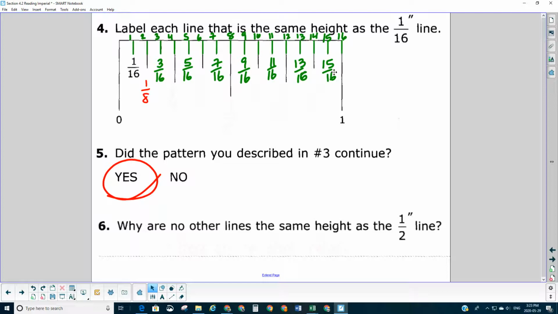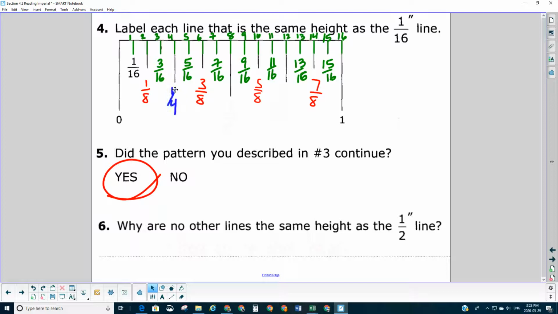One way I like to look at the 15/16 is, instead of counting up 1, 2, 3, 4, 5, 6, to look at the end and say, I know that if we're talking 16ths, the end must be 16, and this is one before the end, and that's 15/16. I find that helpful. And then of course we have those in between parts. 1/8, this is 2/8, this is 3/8, 4/8, 5/8, 6/8, 7/8,